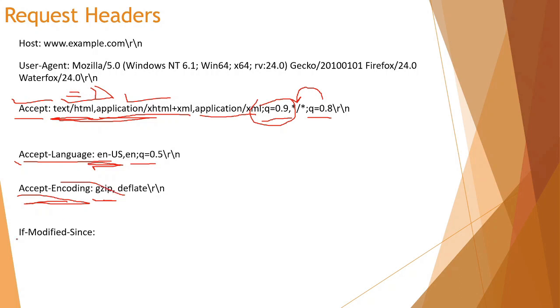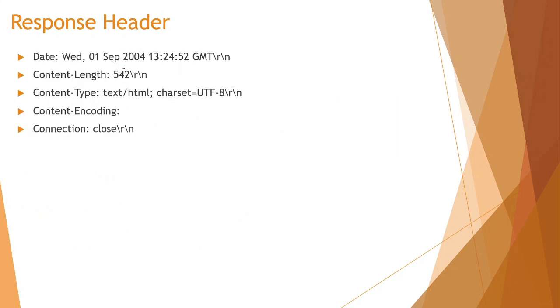And If-Modified-Since. This header is used when a client reinitiates the request, so the client can get the response from the cache. Once the client sends the request containing If-Modified-Since, the client and the server both will compare the If-Modified-Since header. If the result is the same, then the server will give the response 304. 304 means not modified.